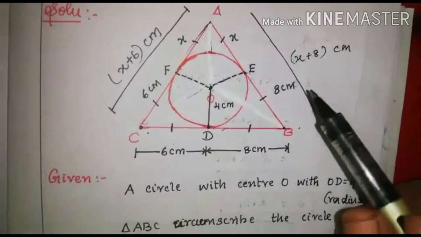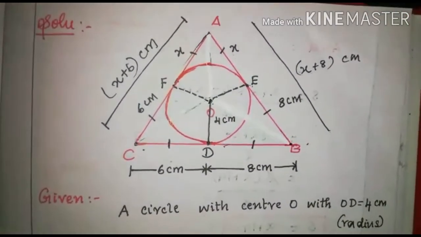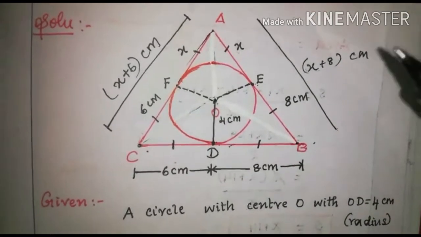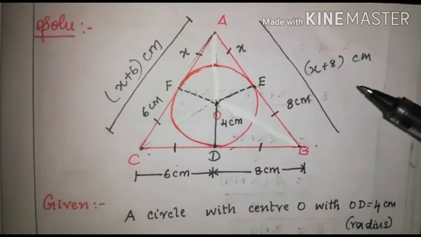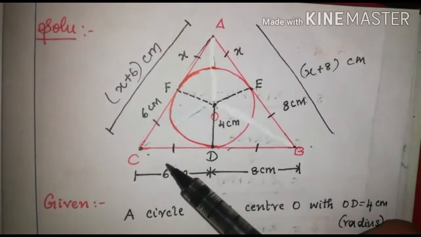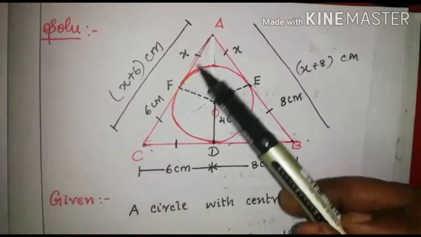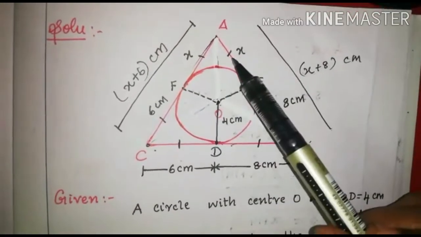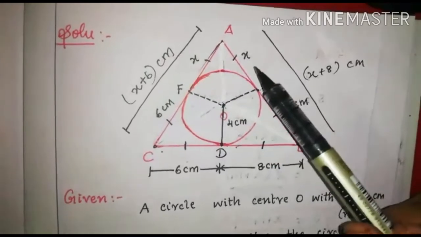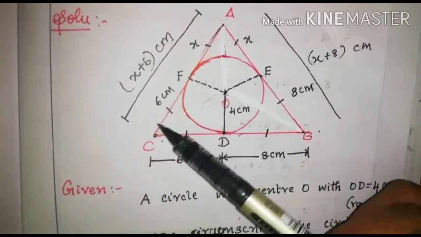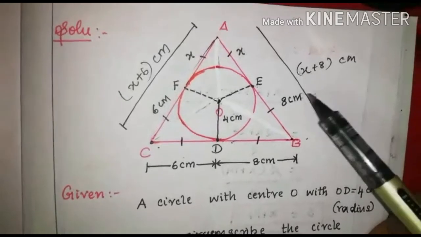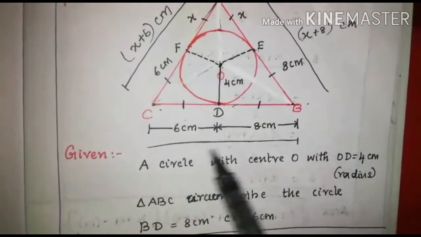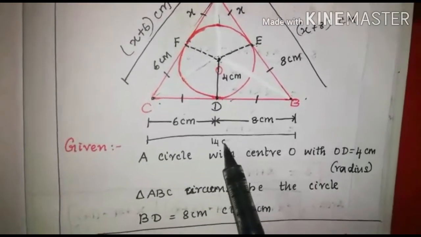So first we are finding out all the sides. We have calculated the sides by using the theorem, that is, length of the two tangents from external points are equal. So using the concept you got one part of the side as 6, here one part of the side as 8. The left out parts are unknown, so we have taken one side as x, so the other side also the same x you get. Now by adding you get x plus 6, x plus 8. What will be the base here? 6 plus 8, total side BC is 14 centimeter.